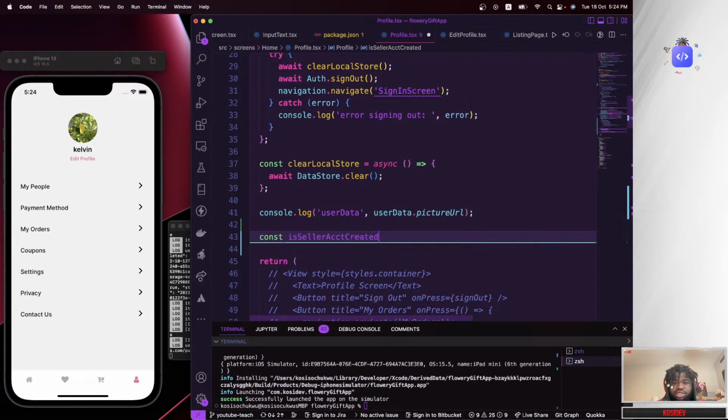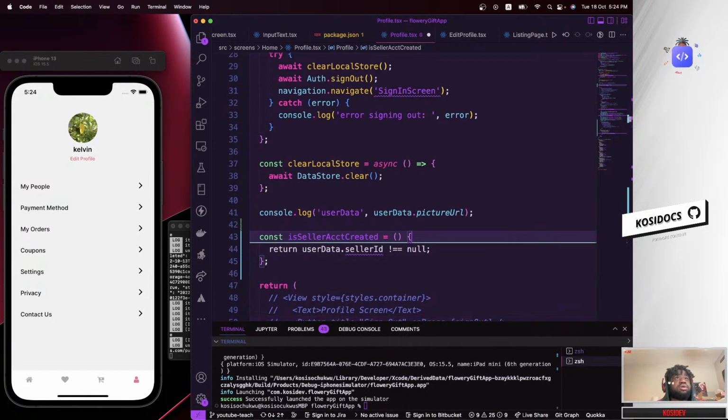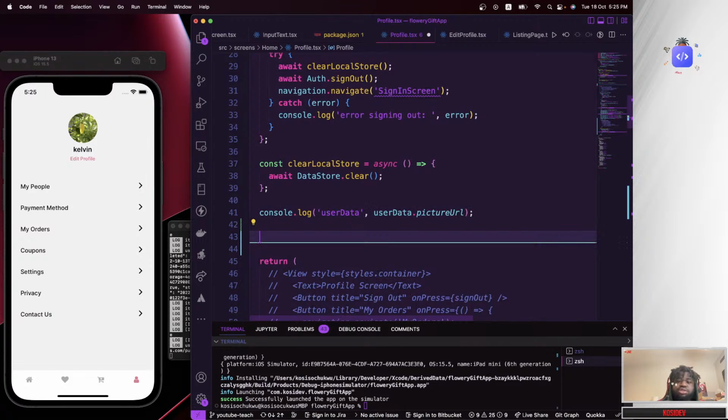I'm going to call that constant isAccountCreated. It's going to return, basically return